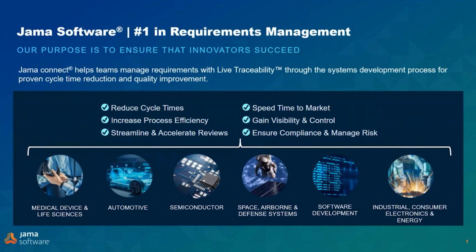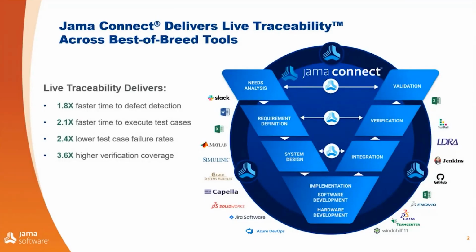And so how does this really happen? That's what I'm going to show on the next slide. Here at Jama, we call our core feature Live Traceability, which integrates requirements from front end to back end of your product lifecycle together, as well as to other siloed tools like your MBSE suites or test management world. And so that's really the conversation we're going to talk about today, is how Capella can integrate with Jama so that you have that live traceability across all your tools and none of your teams end up siloed or with data that isn't connected. And that's really important, and I'll explain that on the next slide.